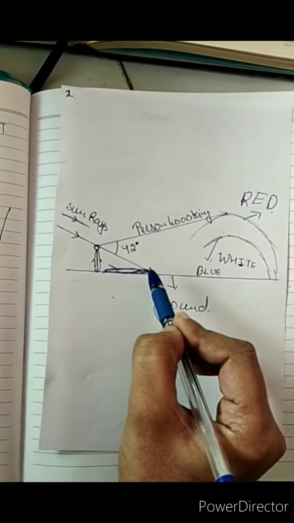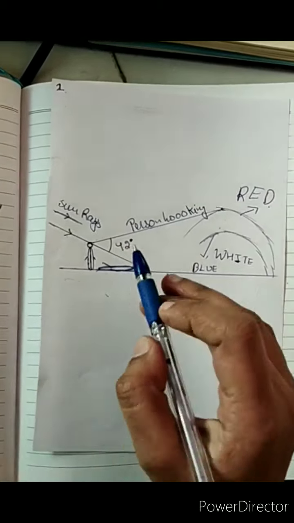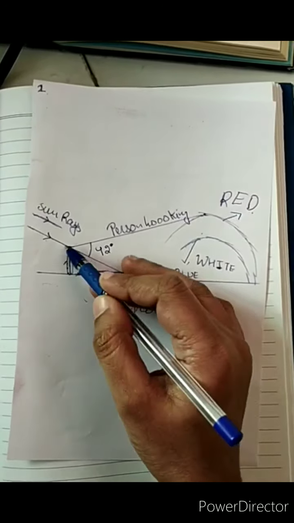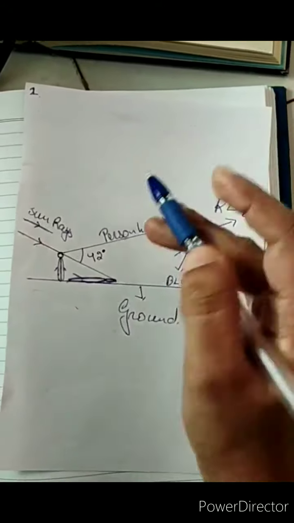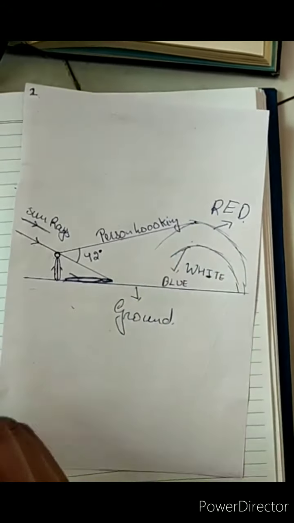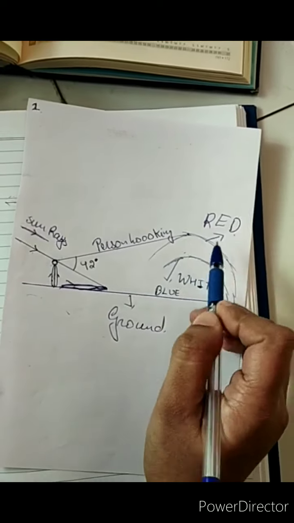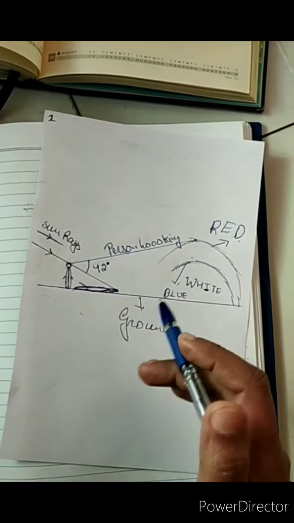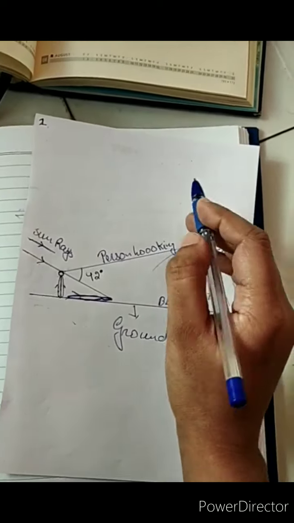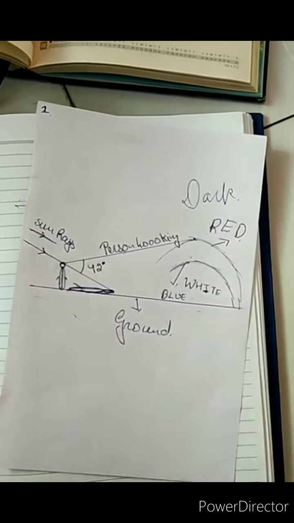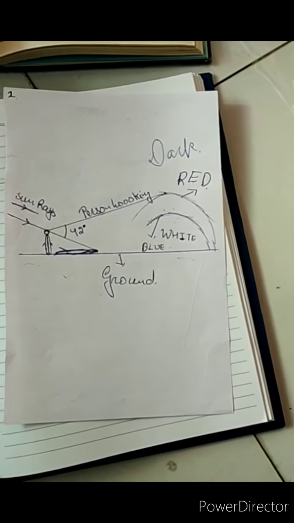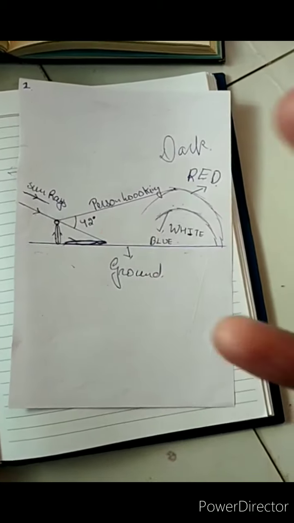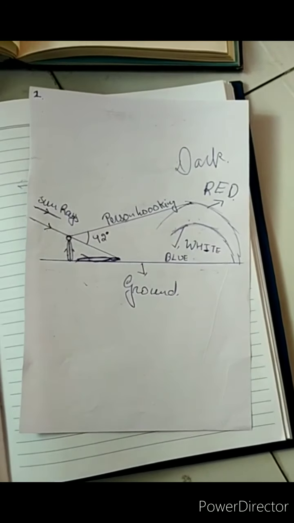This is my shadow, and this is my reference line or sun ray. I was looking away from the sunlight at 42 degrees, and 42 degrees away is here. So exactly I got this bow, red, blue, this is my blue, and when all the light comes back to you, you will see white light here and everything dark over here. So you can look at my experiment and compare this explanation to that, so that you can easily make this rainbow formation at your home also.